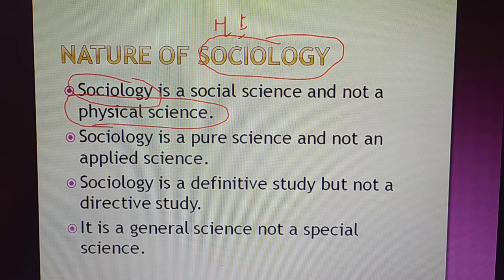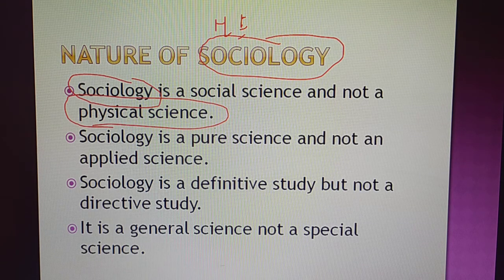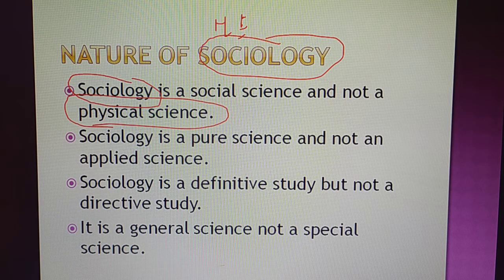This is very clear. Sociology studies human society as it is. It never engages in how it should be, and it doesn't engage in value judgments. It aims only at objective study, and sociology remains neutral in value-based aspects. It is a pure science, so it studies society as it is. It will never say that society should be like this. It never gives any solution or suggestion. It aims at objective study only, not subjective. Objective and subjective are both different.